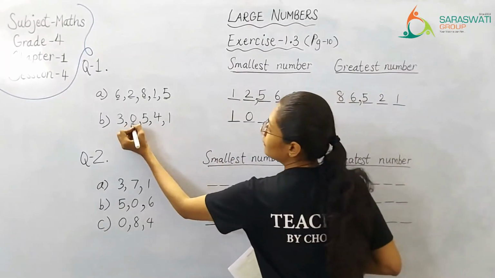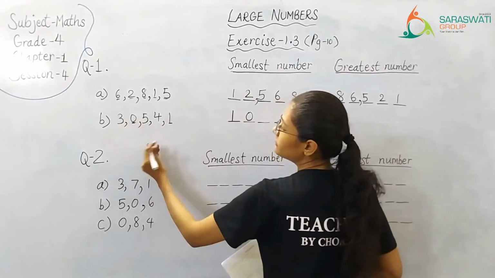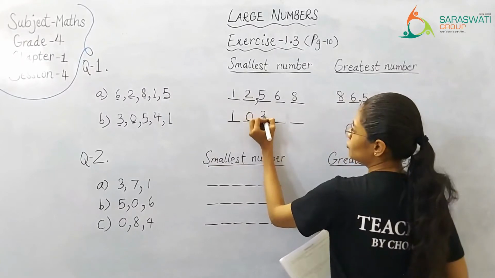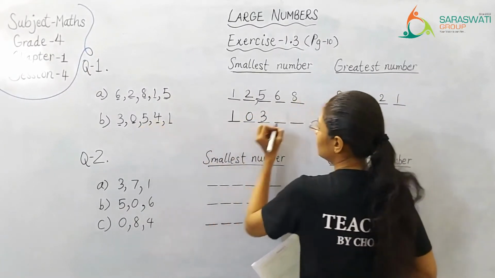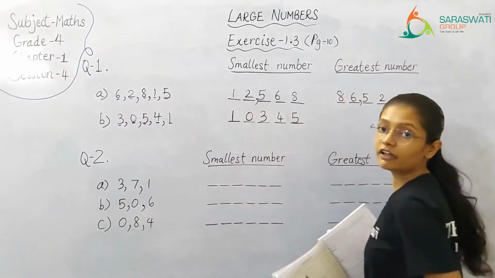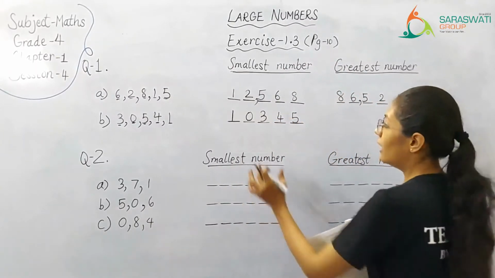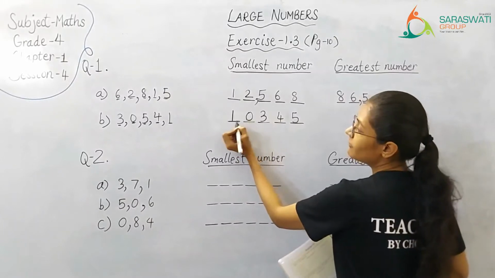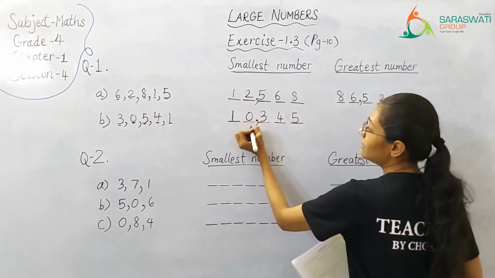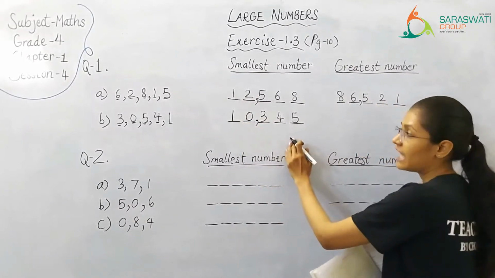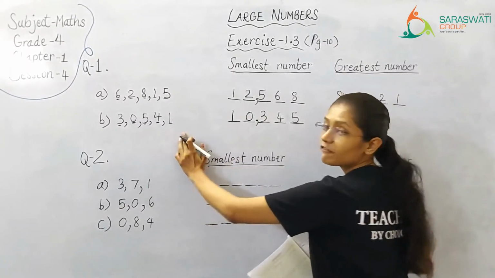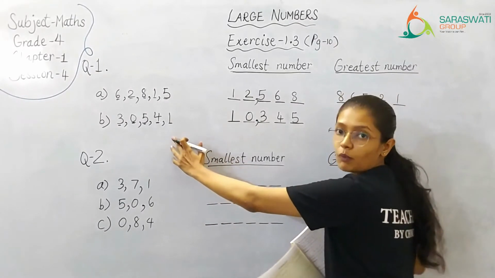So after noting down these 2 digits, we have this digit that comes in the ascending order arrangement. So 3, then comes 4, and then comes 5. So here again, what have we done? We have exchanged the place of 0 and 1. So we get the number 10,345 as the smallest 5-digit number formed using these 5 digits and using each digit once.